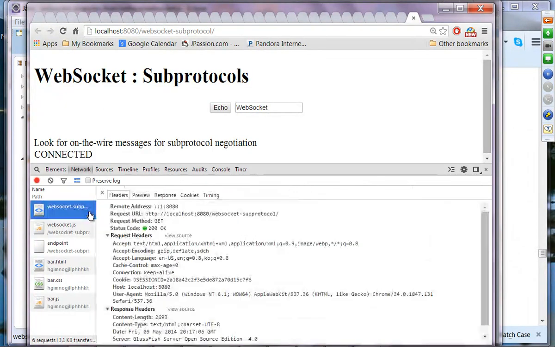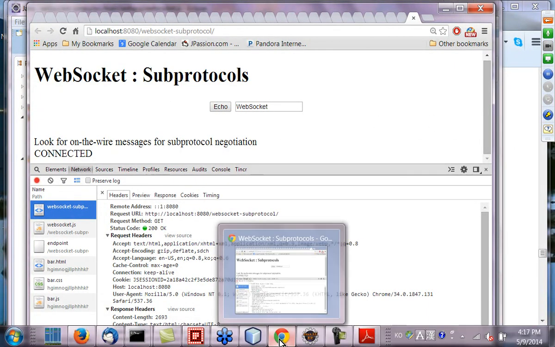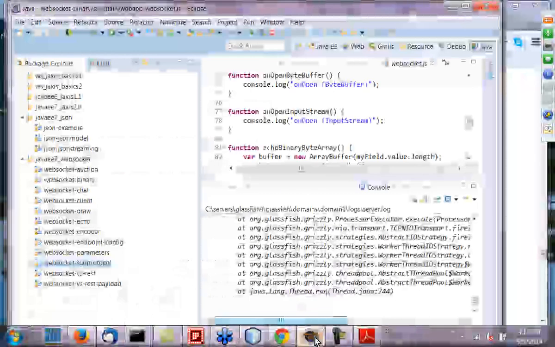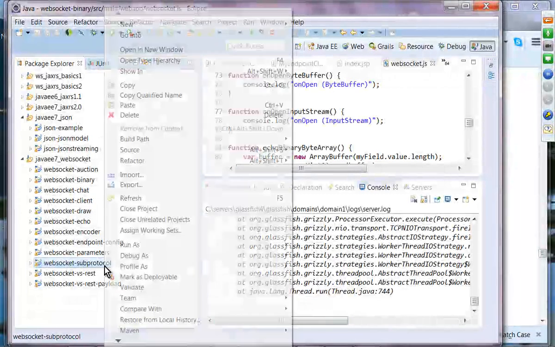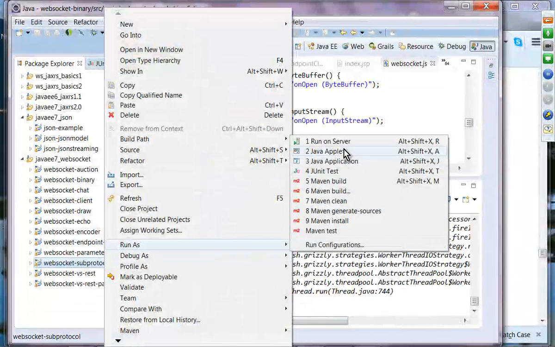And the sub-protocol. Oh, this is actually HTTP GET. Yeah, this is not what I want. This is just refreshing the page, so that's not what I want. I am going to run the application. Okay,